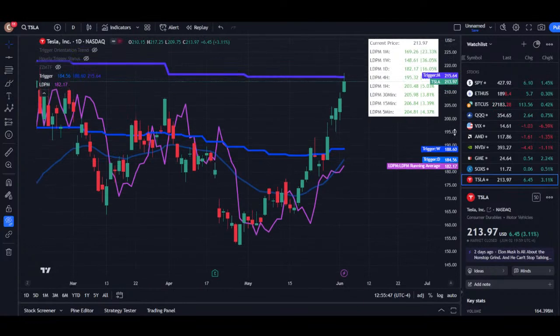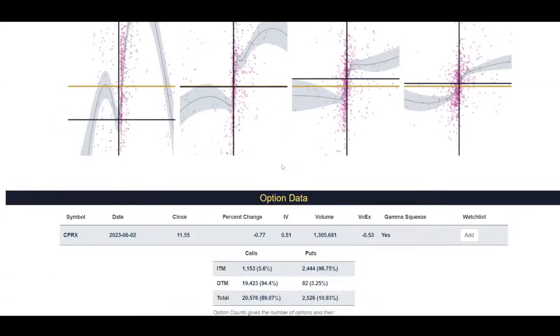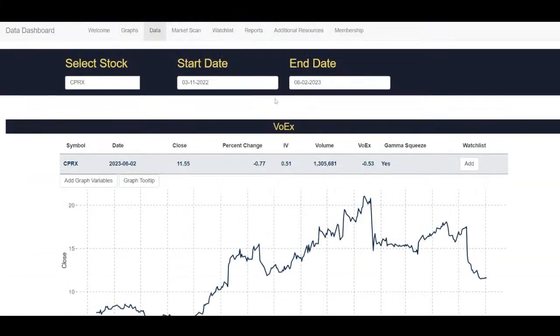So what I'm trying to say is that whenever there's going to be a big move in SPY, Apple, Tesla, Amazon, Google, GME, AMC, these moves are always able to be forecasted right before they happen, or even a couple of days before they happen, using a combination of LDPM, the triggers, and the data reports that we get from Deep Dive Stocks. So that's what Meme Stock Watch is all about, just keeping the investor informed, with daily forecasts of whether you think price is going to be going up or down. Gavin May will be providing